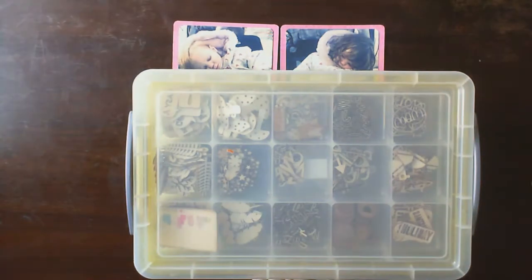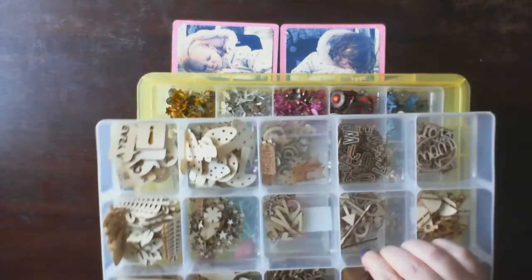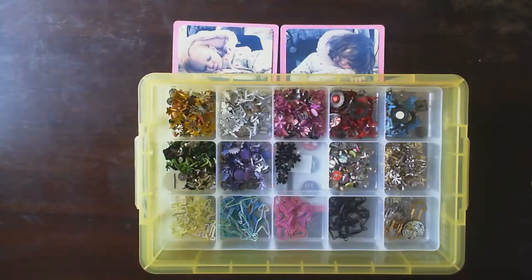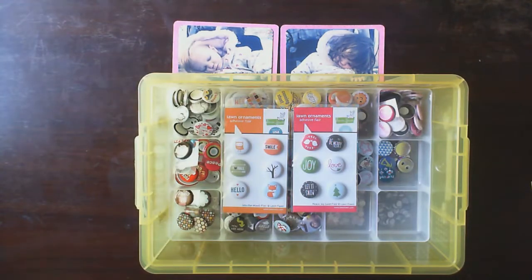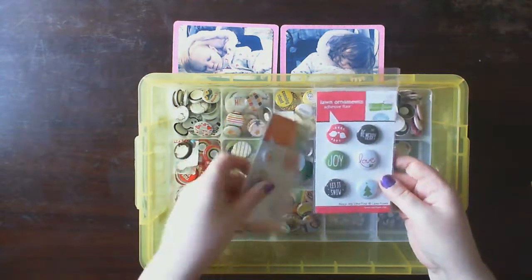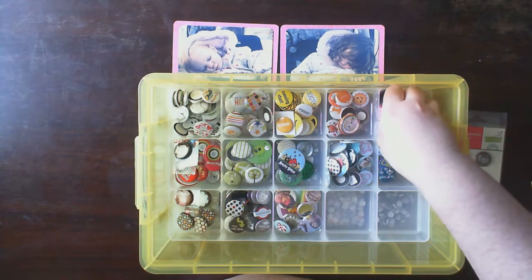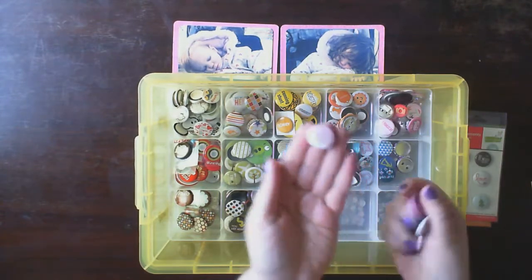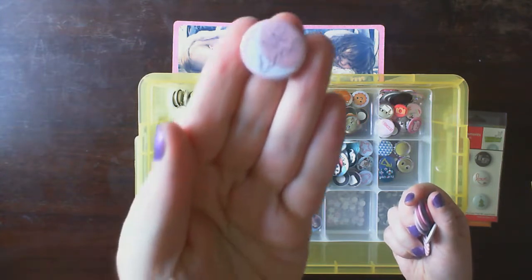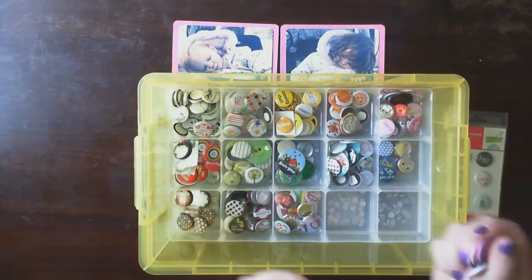So if I bring out this is my box of embellishments, and in the first tray we have wood veneers. On the second we have brads, and on the third we've got these badges. Now I know that somewhere in here I've got a little badge that says nap time. So I'm going to grab this one